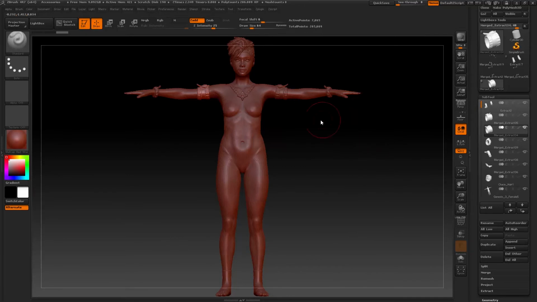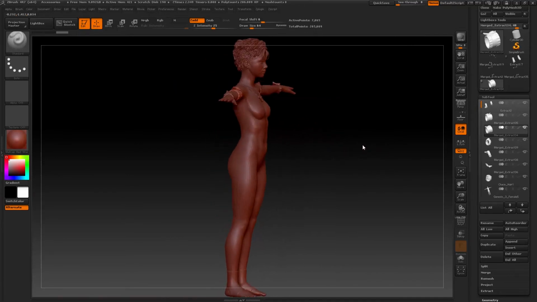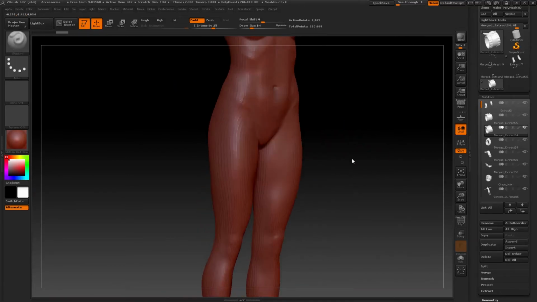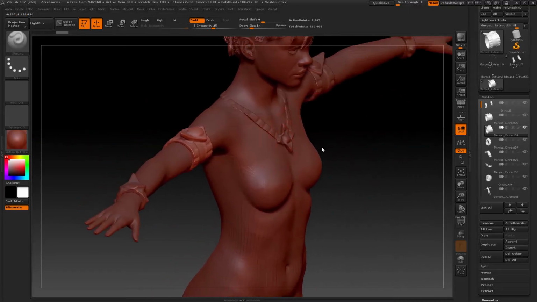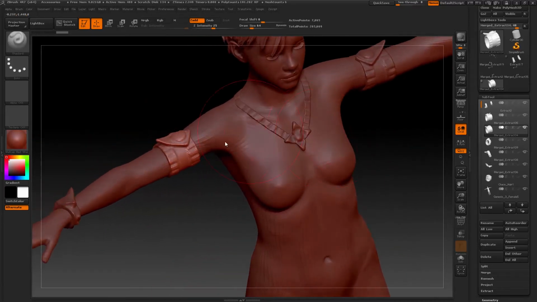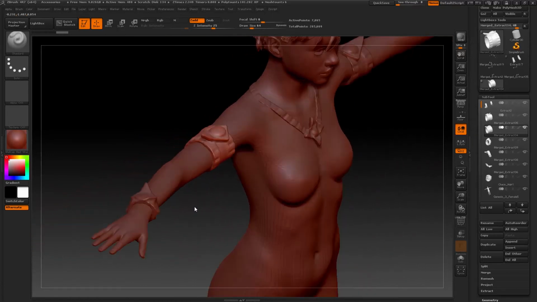Now, if you were to ask me how I modeled the armbands and whatnot here in ZBrush, I honestly cannot remember how I did it exactly. All I remember is it was really messy.